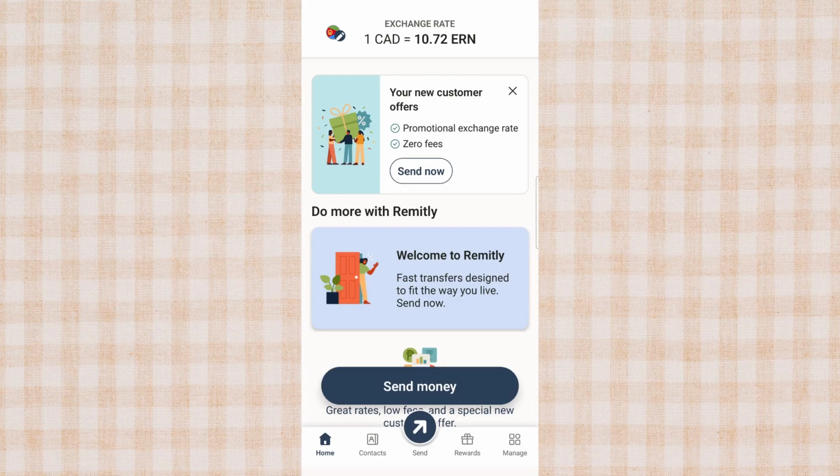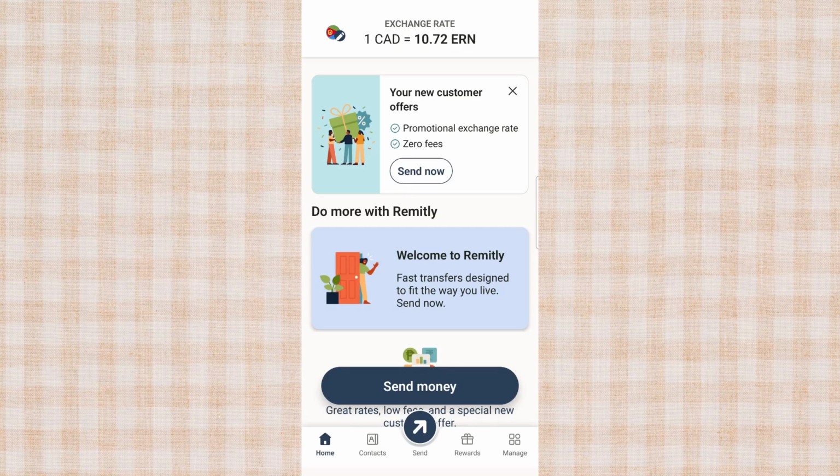After you're inside your account, look for the Manage section and click on it. This area is where Remitly keeps important account and payment settings, so if you ever need to update how you pay for transfers, this is usually the place to go. When you open Manage, you should see several options related to your account. From there, click on Payment Method.